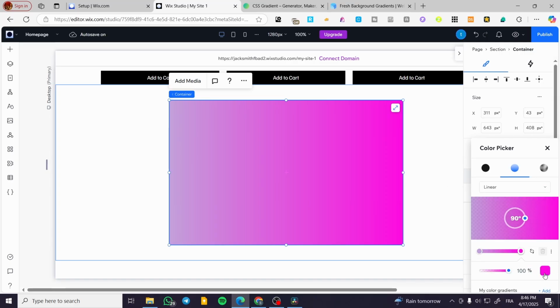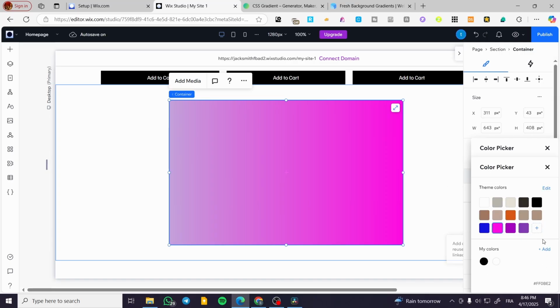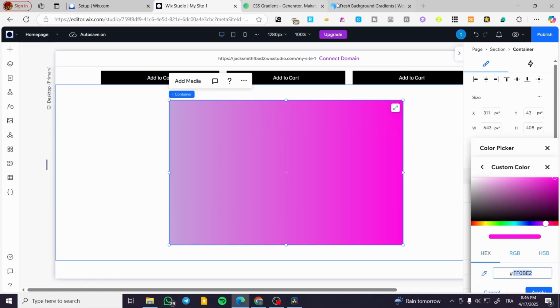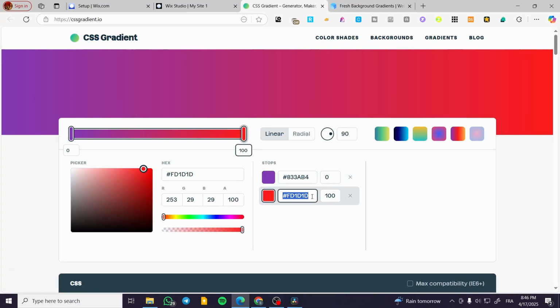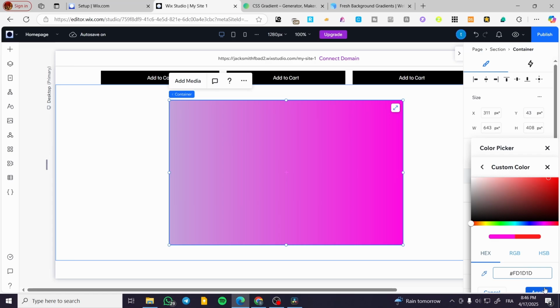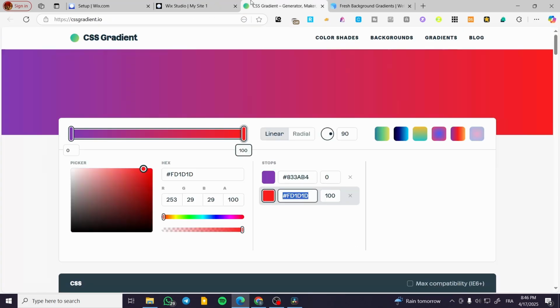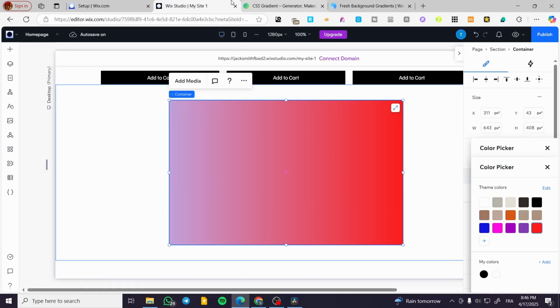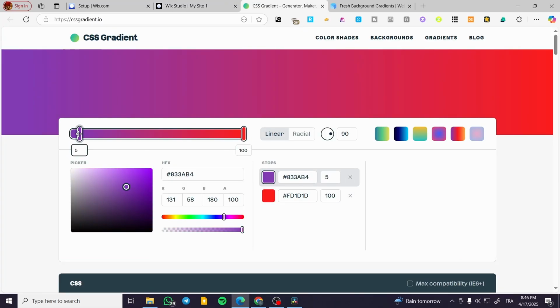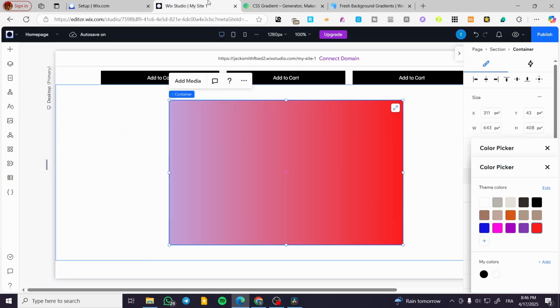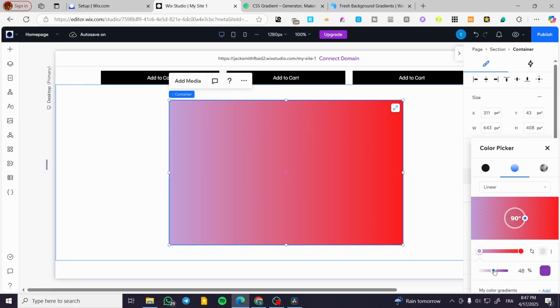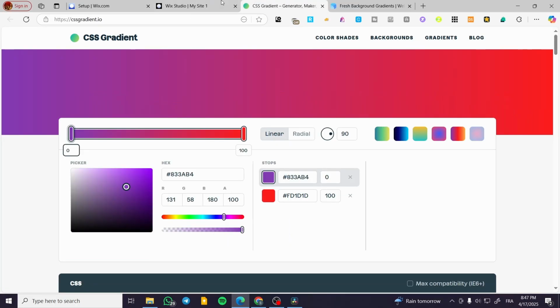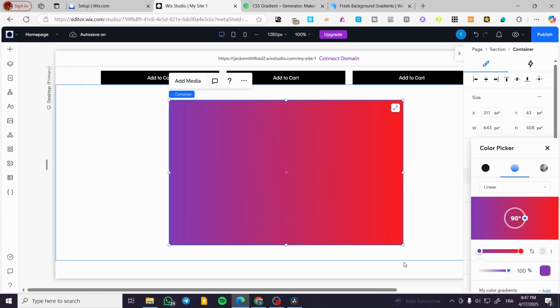Now the second one is going to be this color, which is going to be added here. I'm going to have this reddish. So as you can see, normally we're going to get the same color from here. So a little bit here, it is going to be increased a little bit, but I don't know. So what we're going to do is to modify some of the, as you can see, transparency, and it is going to be something like that. So this is better. So here we have a clear idea on what is the gradient that we are going